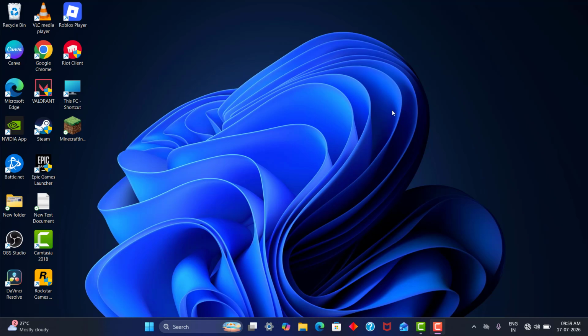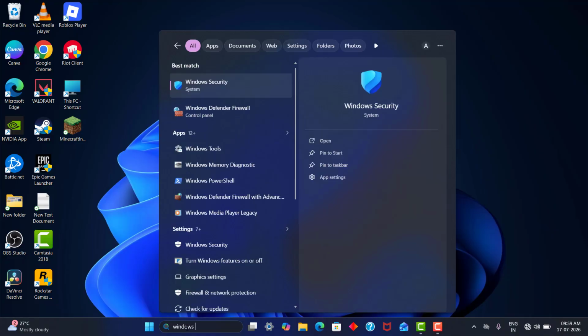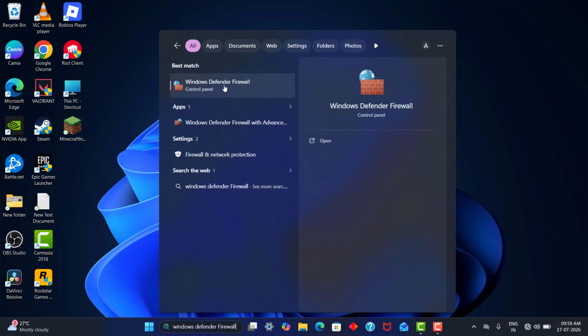How to fix Minecraft connection timeout Getsockopt error. For this first step, search for Windows Defender Firewall, click it,